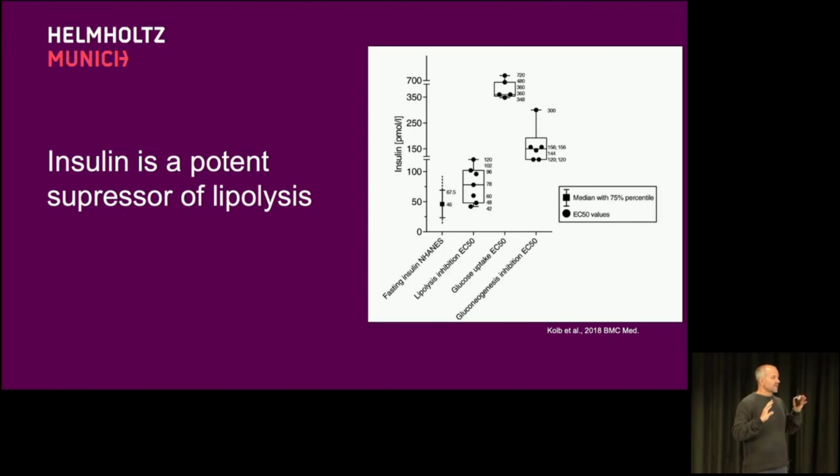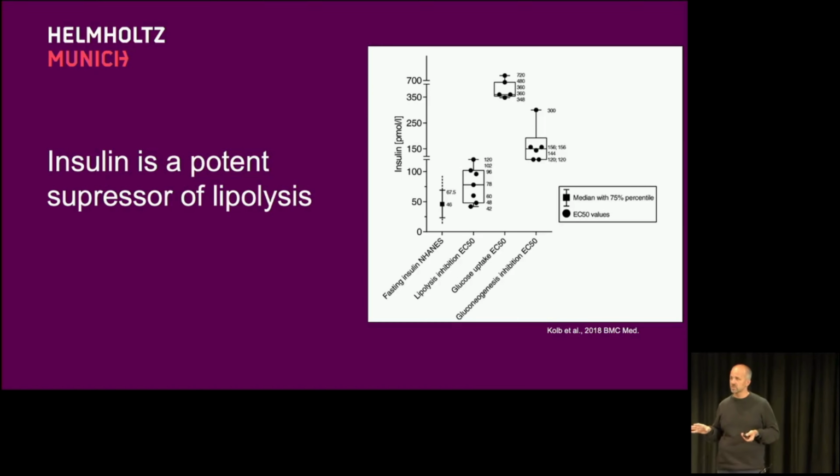the lipolytic side of things, because not only lipogenesis or lipid uptake is important, but also whether the adipocyte breaks down lipids. And one thing that many people don't know about insulin, it's very well known to induce glucose uptake, but when you look at this graph, actually insulin is much more potent, about 6-fold more potent, in suppressing lipolysis than in inducing glucose uptake. Meaning, way before glucose is cleared from our blood, we suppress lipid breakdown in the adipose tissue.